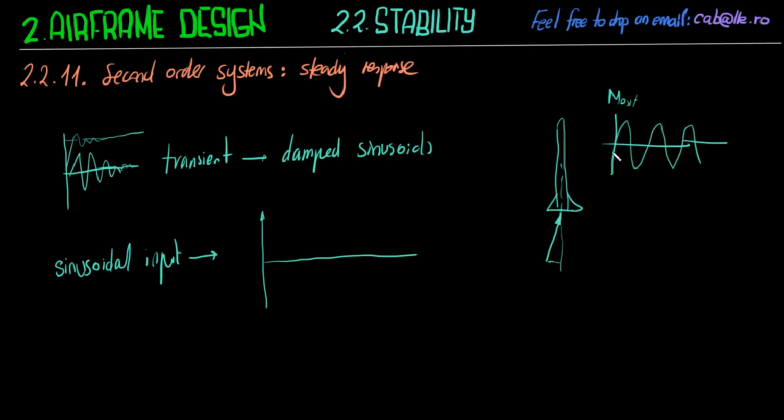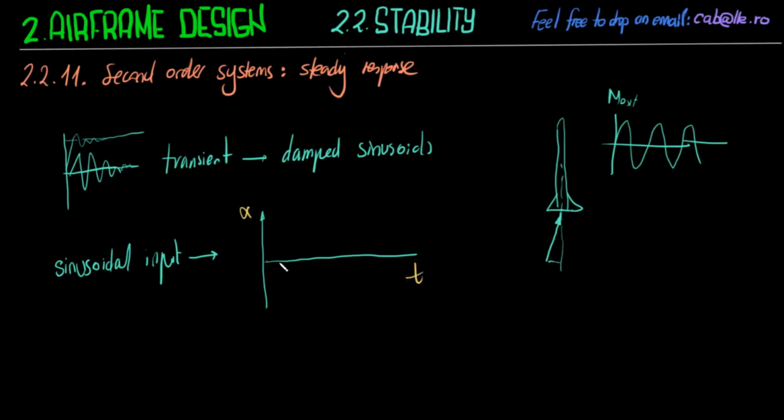Actually, we're going to see that the steady response to sinusoids is of great interest, because it's pretty dangerous and can cause resonance, as we're going to see. If we have a sinusoidal input, the rocket isn't going to stabilize. It's going to do something random at the beginning. We don't care about the transient response on a sinusoidal input. But when the transient finally dies out,